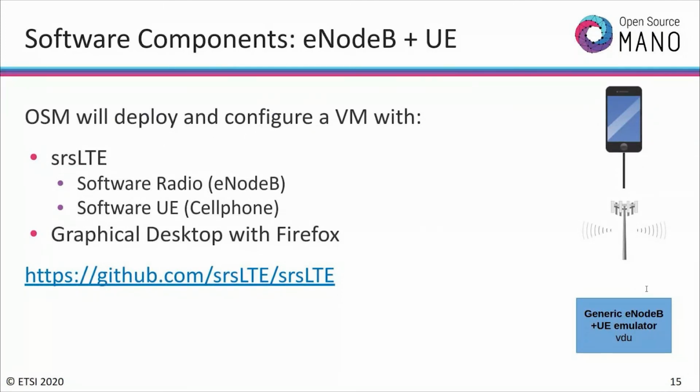They have the SRS user equipment, the SRS eNodeB, and the SRS EPC. Each one of these pieces can be used independently or in conjunction with each other, as well as combined with real radios or real handsets. So there are people who have used the SRS user equipment emulator with a real radio to test out some